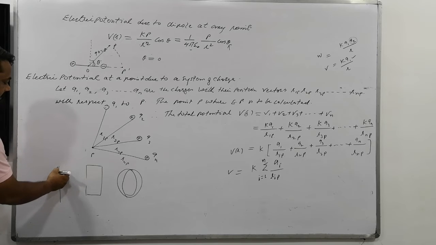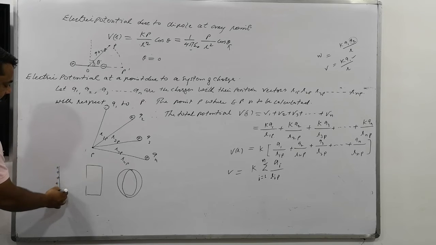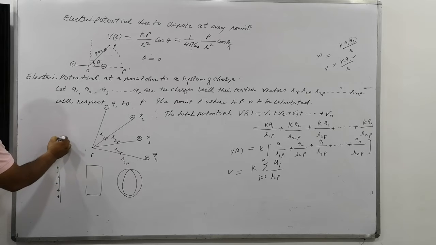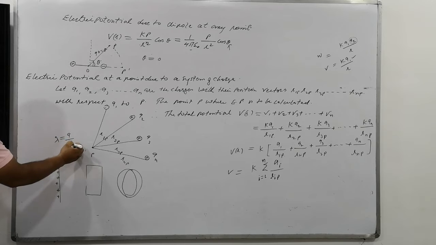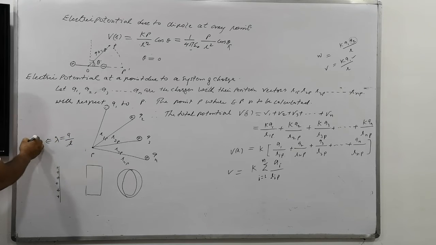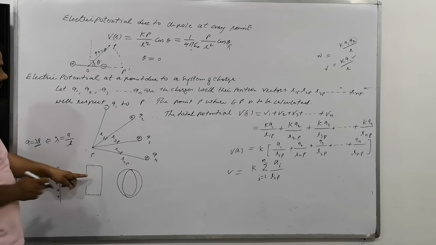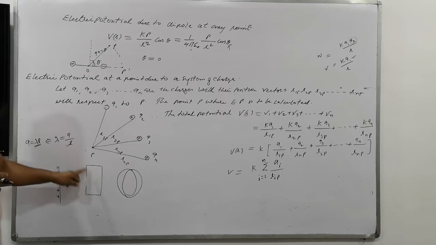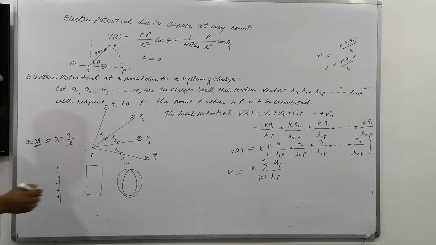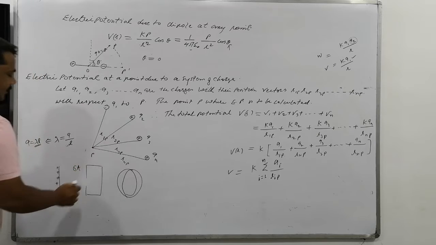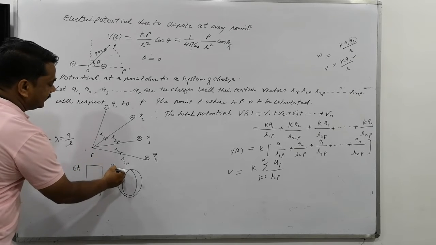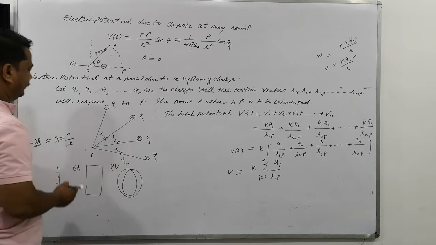So the total charge will be distributed throughout the length right now. The concept involved here is lambda equals Q divided by its length. So the total charge will be taken as Q equals lambda into L, and for a continuous charge distribution over a surface it will be replaced by sigma into area, and for a volume distribution the total charge will be rho into volume.